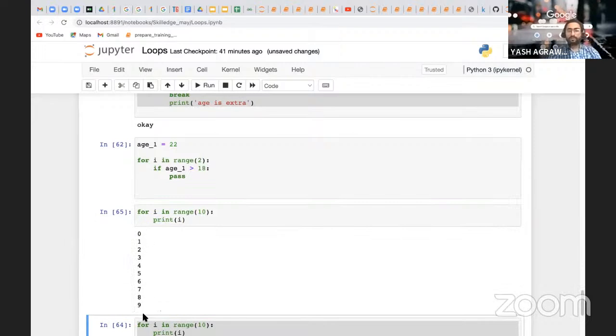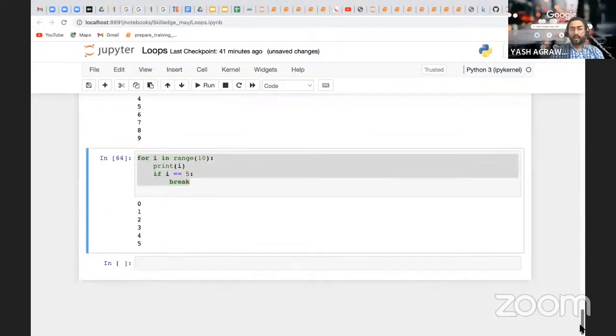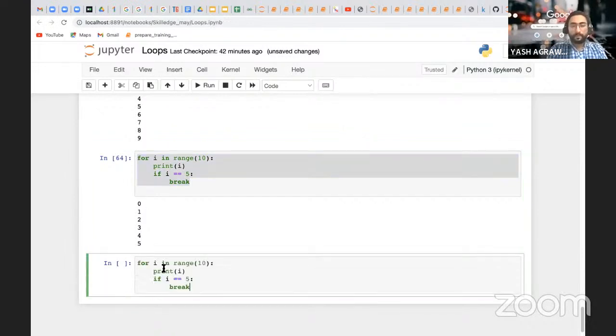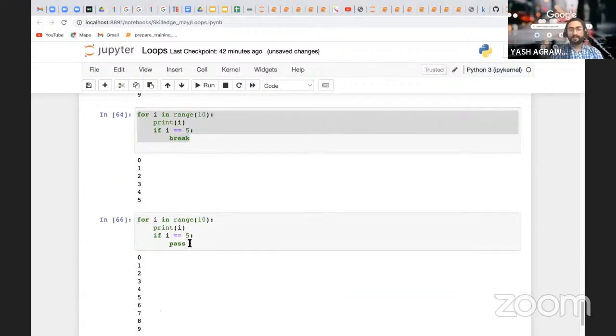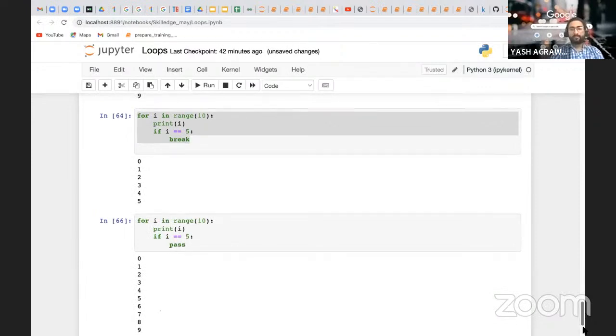सो अब हम यहाँ देखेंगे इसी चीज को. क्या हुआ था सर? 0 से 9 तक सारी वैल्यूज आ रही थी. अब हमने क्या लगाई कंडीशन? अगर 5 मिलता है तो ब्रेक कर देना. जैसे ही 5 मिला, उसके बाद की कोई 6 7 8 9 वैल्यूज आई नहीं, बिकॉज हमारा लूप ब्रेक हो गया. ओके, नाउ वी विल मूव अहेड विथ योर पास. अगर यहाँ पास है तो फिर भी सारी वैल्यूज आएगी. पास का काम क्या है? टू मेंटेन दैट कंडीशन. ओके सर.